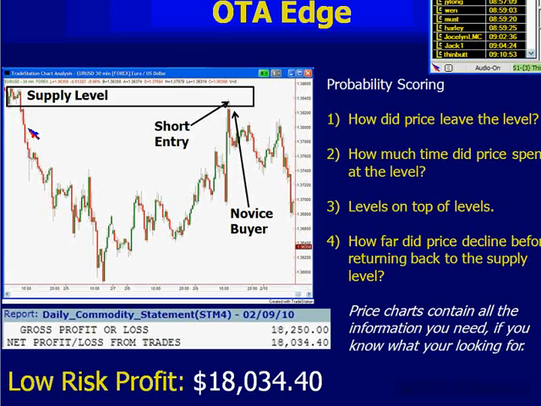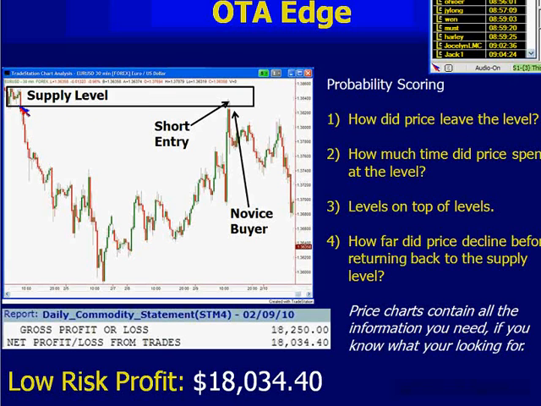This one took a little time, but most of the time it happens pretty quick. So the breakout traders, unfortunately, almost always get stopped out in that quick retracement. And right as they're getting stopped out, the real unfortunate thing is that's when it hits them, they think, oh boy, this is where I should have been entering in the first place, not on that breakout. All right, so let's get back to item number 4 here, because this is an important one. The logic here is the stronger the move, or the farther price moves away from the area before returning back to the level, that hits on probability